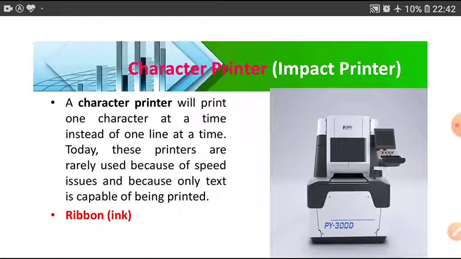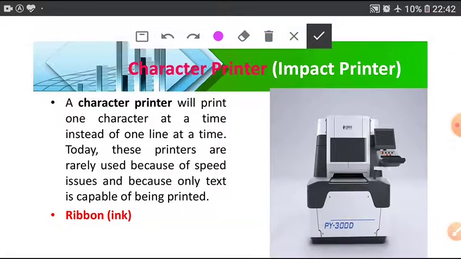Now character printer. Character printer will print one character at a time instead of one line at a time. So name is character printer.